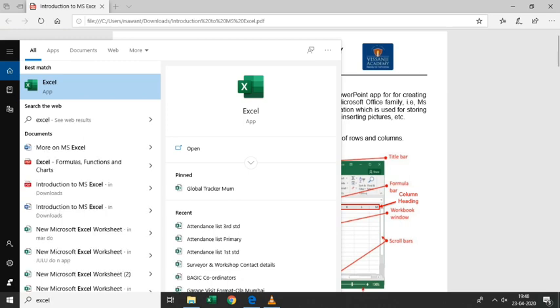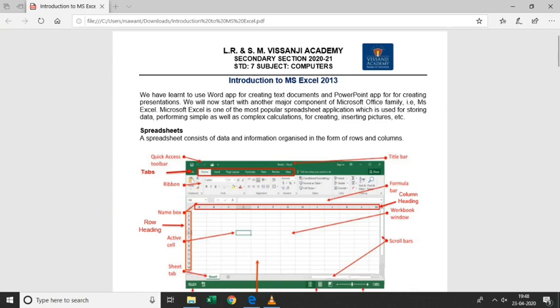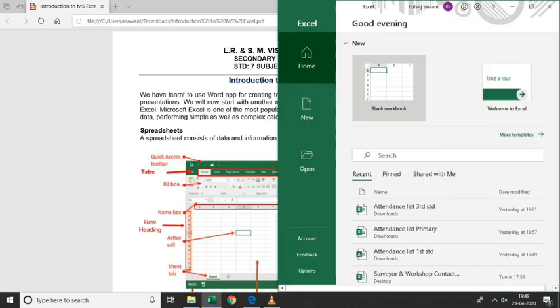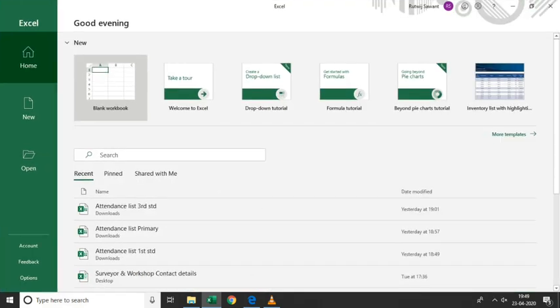Now at your home, you must be using a different operating system. So you can directly go in a search box and type Excel, or if you might be using different software, you can find out which MS spreadsheet program you are using, and according to that you can open it in your computer.